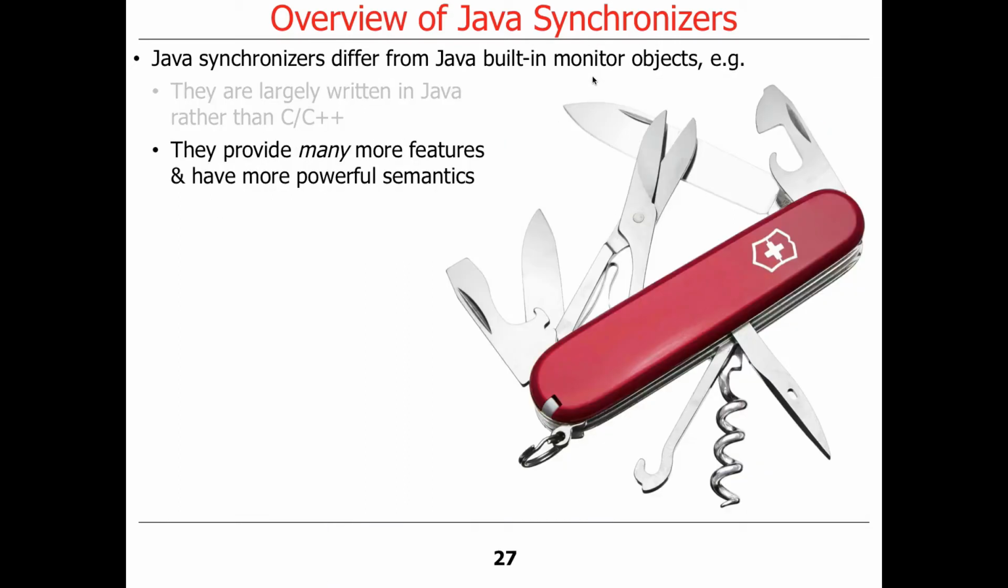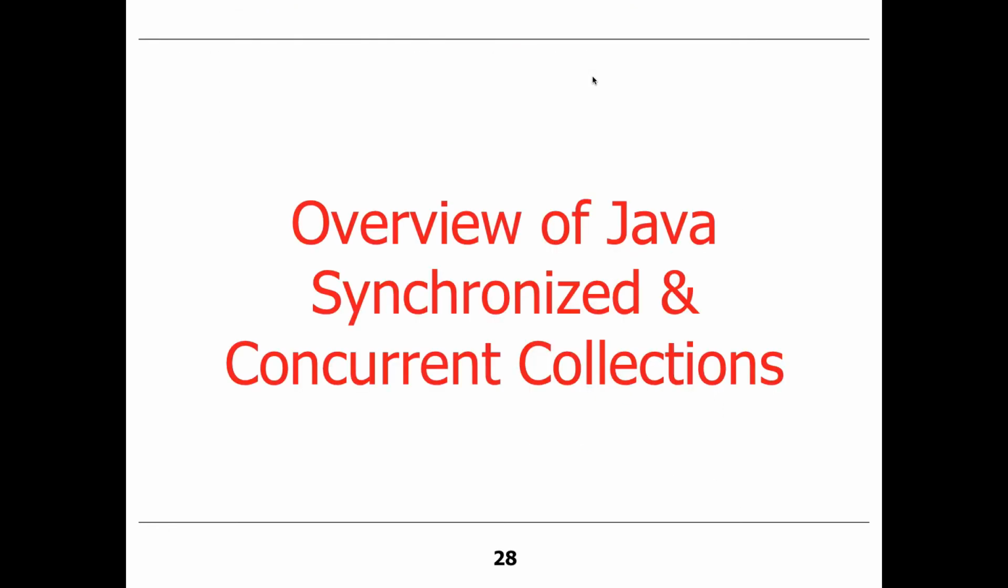Another way that they differ is Java synchronizers have a lot more features and much more powerful semantics. So they're like a Swiss Army knife as opposed to a fork or something like that, right? They do a lot of different things, but they're obviously more complicated too. All right, the last thing I'm going to talk about here is give you an overview of Java synchronized and